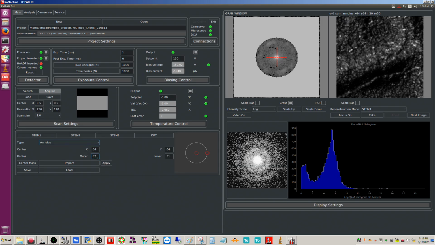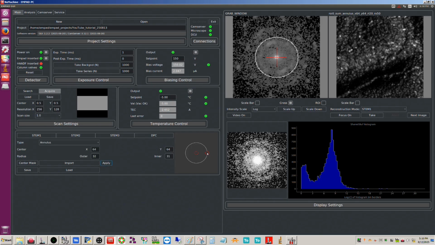Okay, so you can see that's a 1 pixel radius now. But yeah, you can make this really skinny. If you're trying to isolate a specific D-spacing, you can do that here, if you know the radius that this corresponds to in your DP. So actually, just for fun here, I'm going to,